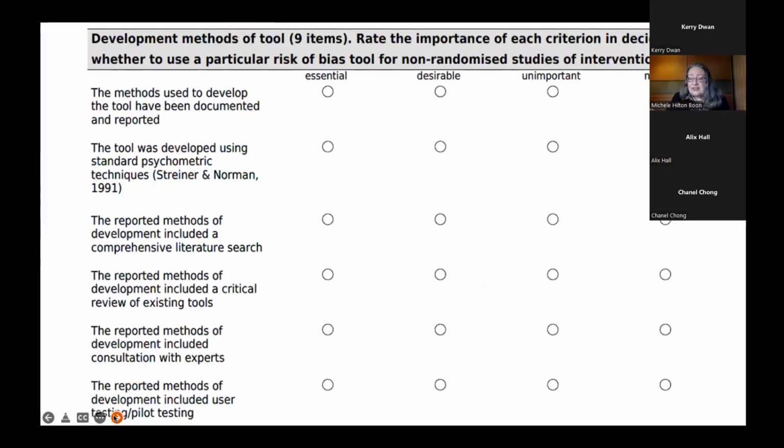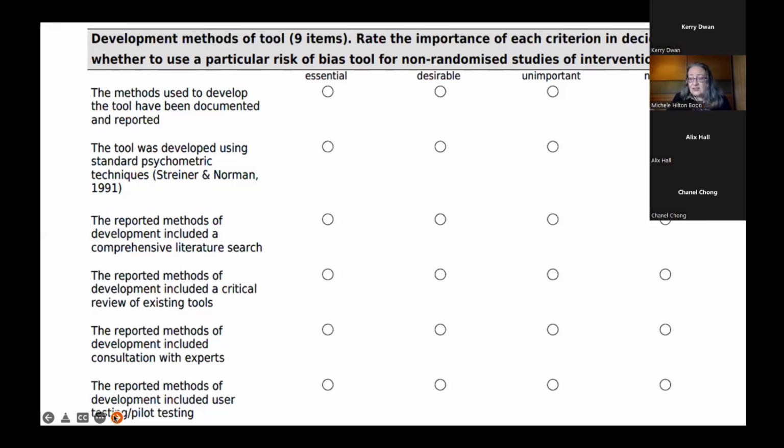We then undertook an online survey of Cochrane members to collect views on the relative importance of different criteria for selecting a risk of bias tool. This screenshot shows an excerpt from the survey instrument. Ethical approval was obtained from the GSBS Ethics Committee of Glasgow Caledonian University. The survey was conducted between December 2021 and January 2022 using the REDCap survey platform. Survey completion was anonymous and no data on individual participant characteristics were collected.